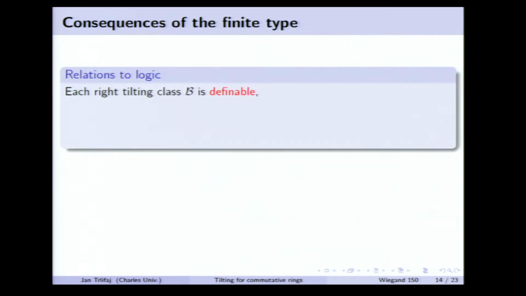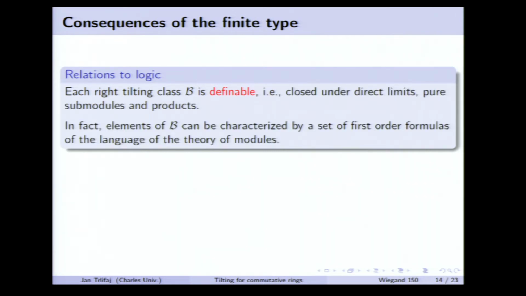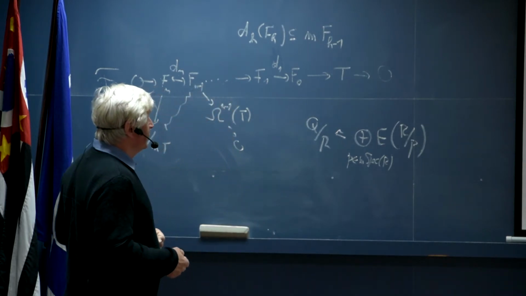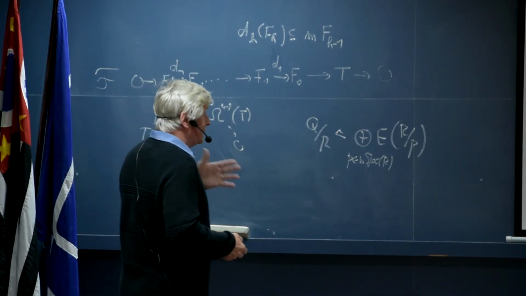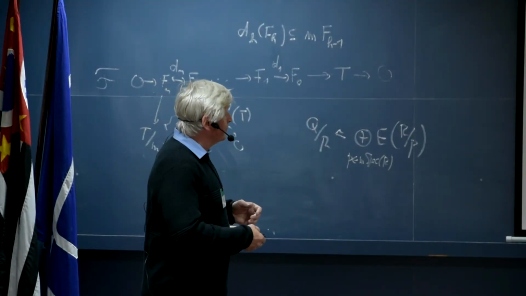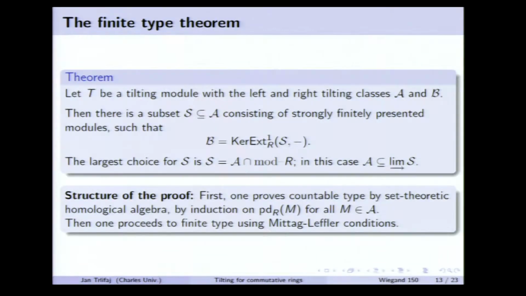So what are the consequences of this result? First of all, the tilting classes are definable in the sense of being closed under direct limits, pure submodules and products. But maybe the more usual meaning of definable means you can axiomatize the property of being a module in the class by a set of first-order formulas in the language of the theory of modules. Namely, the point is, let me go back, that this condition for a single strongly finitely presented module